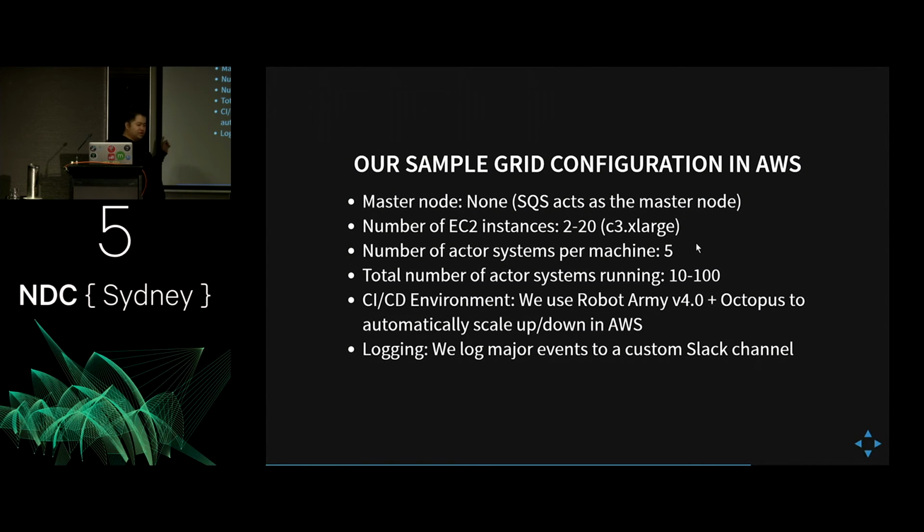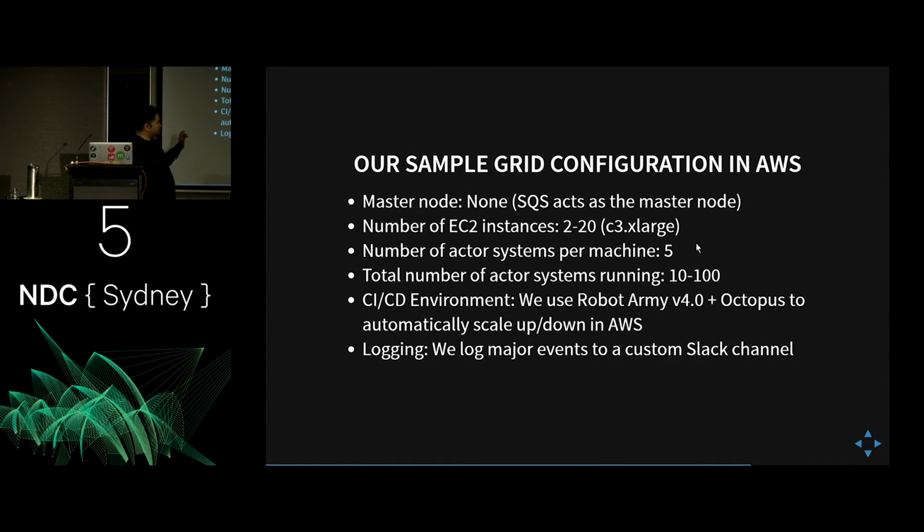So our sample grid configuration looks like this. In a classic grid configuration, you would have a master node that would start handing out jobs. But in this case, we use SQS. Because when we push something into the queue, one actor pulls one message off the queue at a time, just to be fair. We might have 20 actor systems that are pulling one message at a time and processing it. So every second they pull one message and process it. I wouldn't know where it's actually occurring, but it doesn't matter. I don't even need to know whether it's successful or not, because if it fails, it drops back into the queue and it's processed all over again.